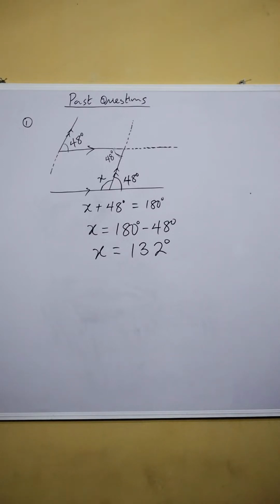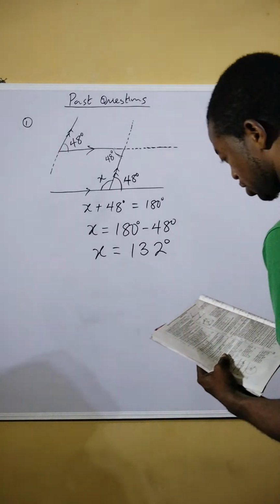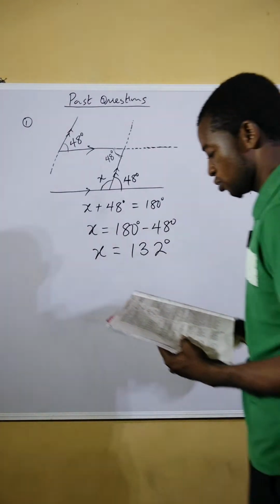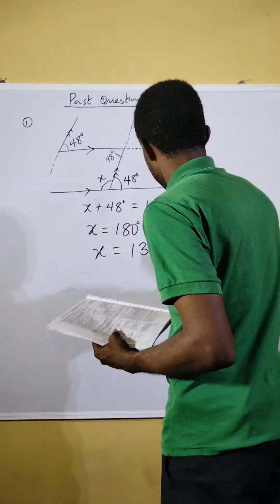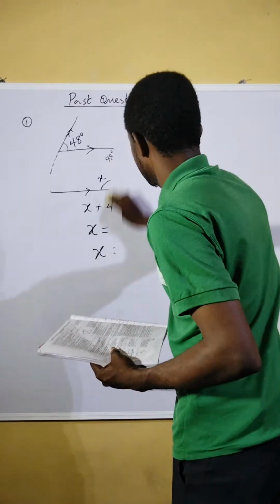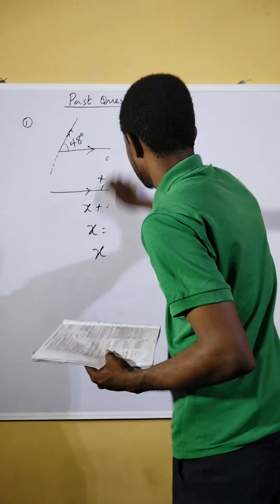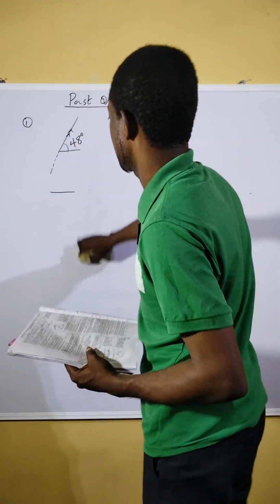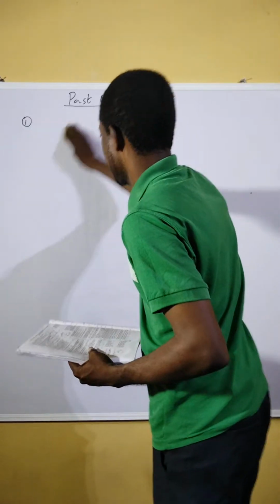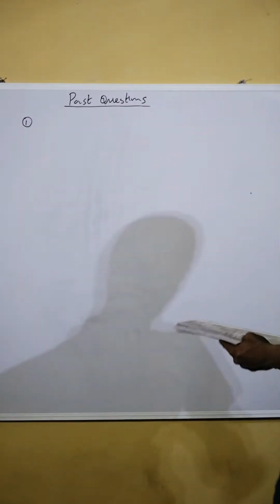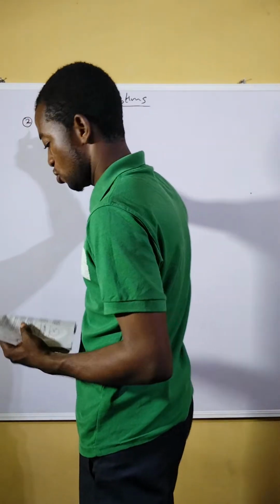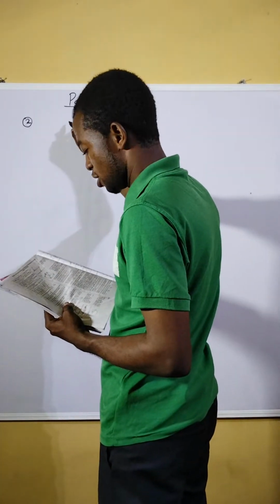Okay, now let's look at another question here, which will be number 2 in this class. So let's consider the next question here. That is number 2. We have this circle,